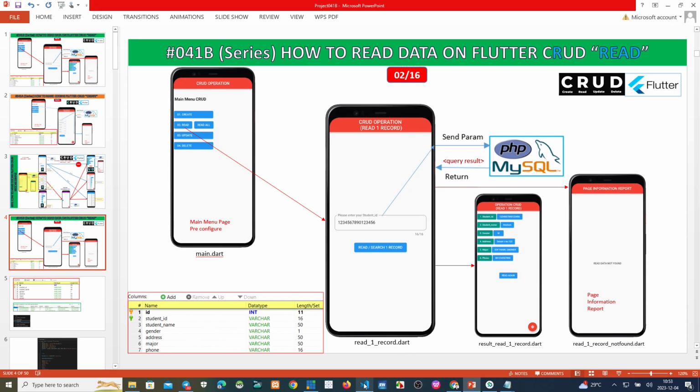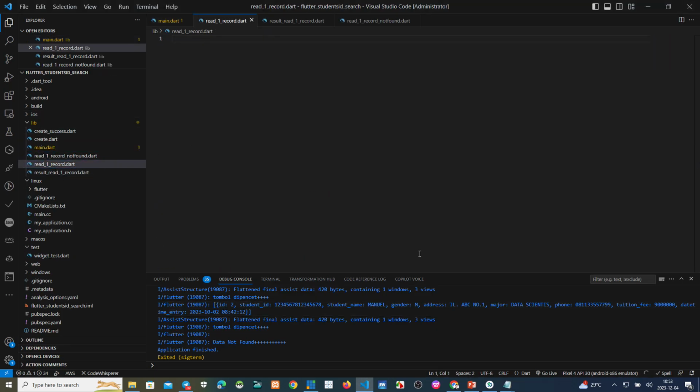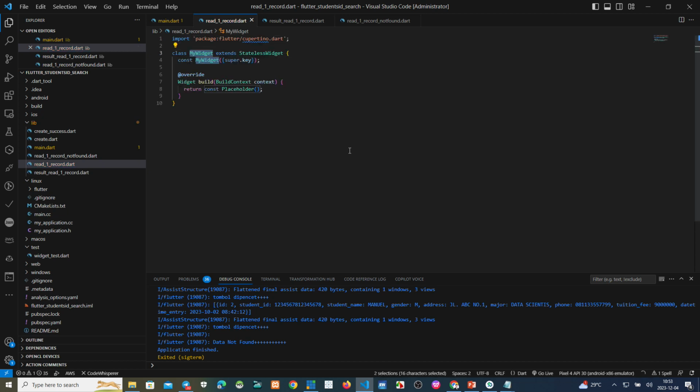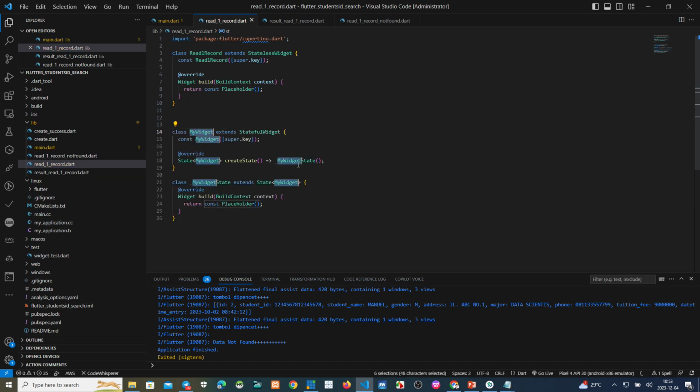Okay, we have deleted this. Make stateless widget, this one, read one record. Okay, the stateful widget, make stateful. My widget. This is simple.